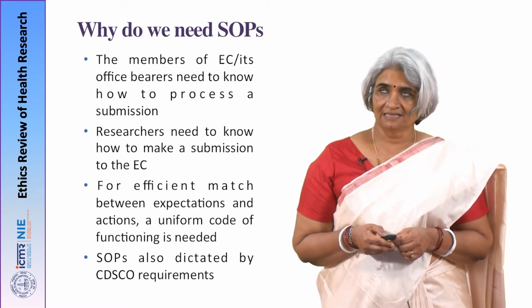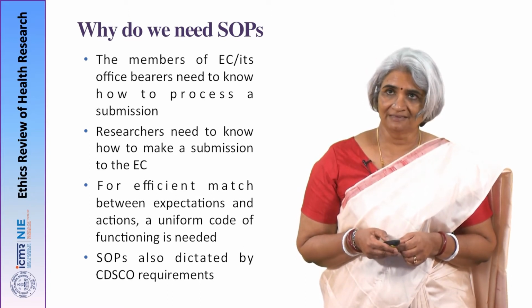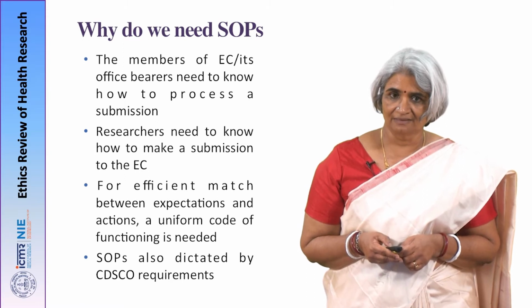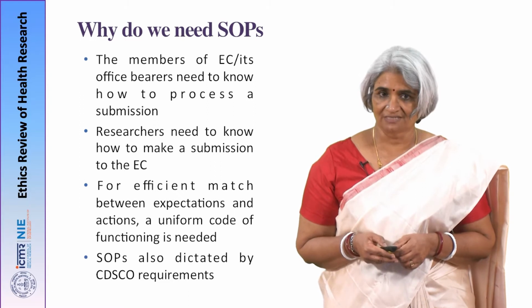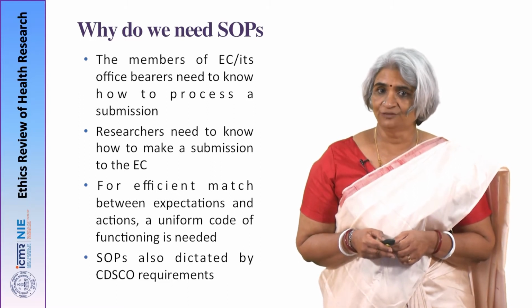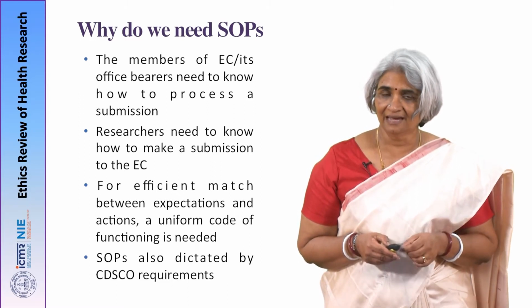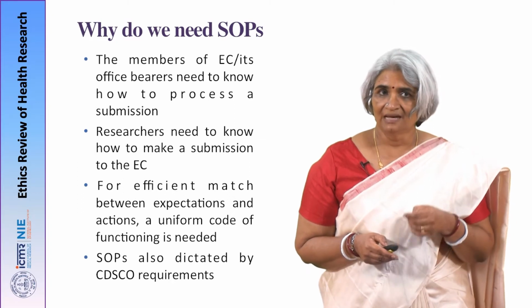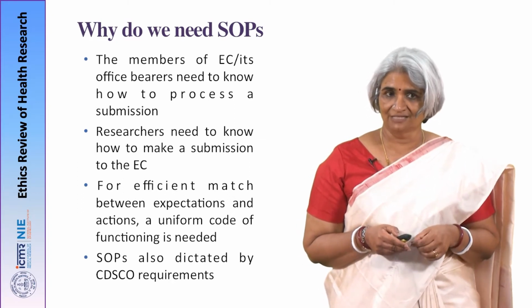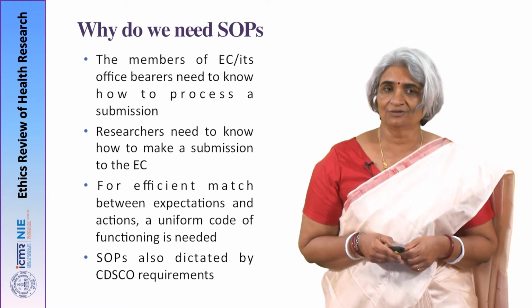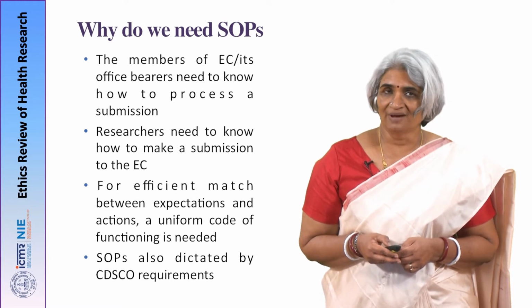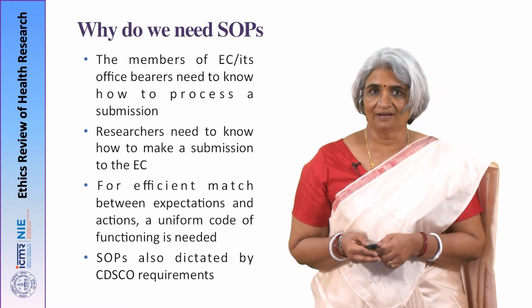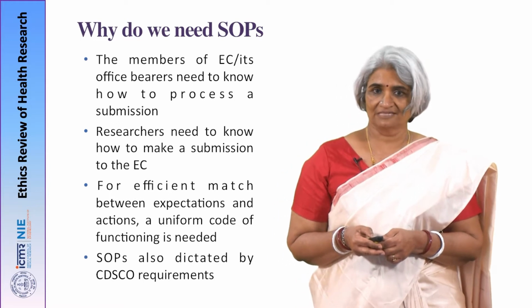Ethics committee members and the secretariat have a certain requirement, and researchers have a certain way of drafting their submissions. Now, if these two have to match, only then can an ethics committee sit down and read what is submitted, make sense of it and then give comments or review comments to the researchers. So, there has to be a uniform code that matches the submission requirements and the review requirements,